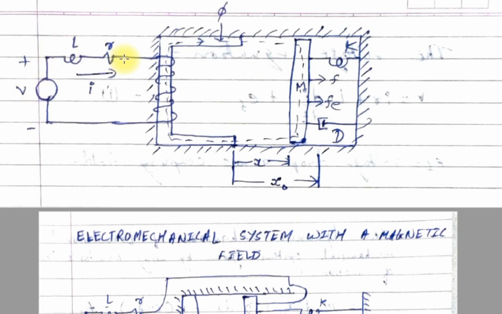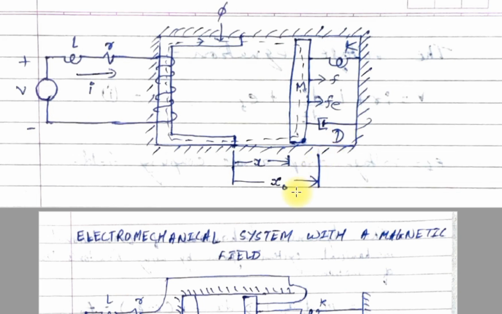So as you can see in the figure, we have a voltage source V, an inductor L, the resistance R, the current flowing through the winding is I, and the flux phi which is being produced because of the current I flowing through it. M is the mass of this particular object, K is nothing but the spring constant, D is nothing but the damping constant,